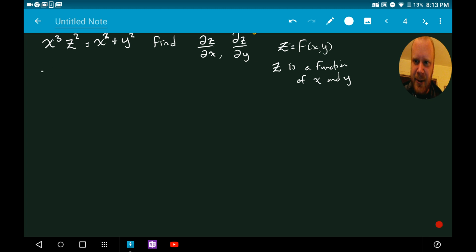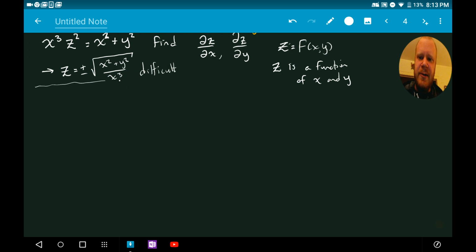So z is equal to plus or minus, right, x squared plus y squared divided by x to the third. If you want to try to take this derivative and then look at the plus or minus version of that, by all means go ahead and do it, but we'll say this is difficult to say the least. Okay. So instead, let's try